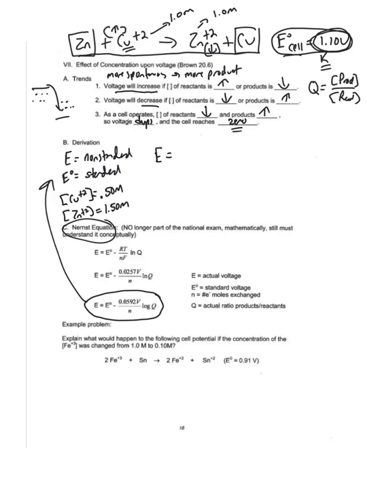So the new voltage will equal the original voltage. Well, the original voltage of the cell is 1.10 volts minus the product of 0.0592 volts times the log of Q. And again, the log of Q up here is going to be the concentration of products over reactants. So the products is the zinc, which ends up being 1.50 molar, and the concentration of the copper is the